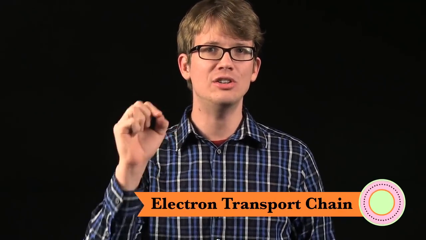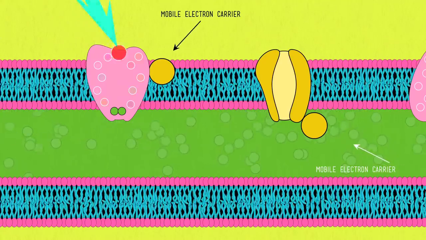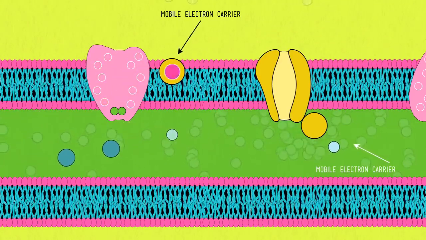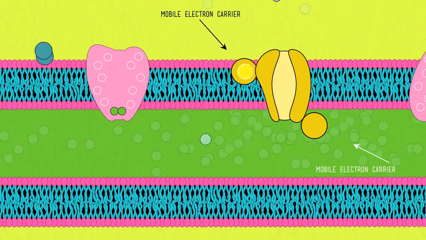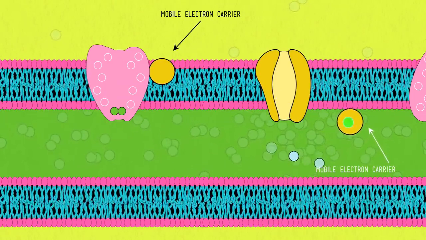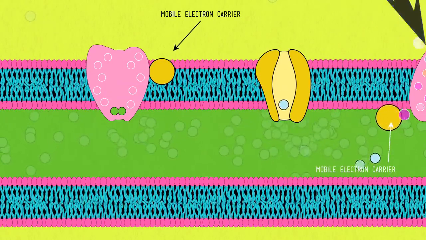This is called the electron transport chain, in which energized electrons lose their energy in a series of reactions that capture the energy necessary to keep life living. So PS2's chlorophyll now has this electron that is so excited that when a special protein designed specifically for stealing electrons shows up, the electron actually leaps off of the chlorophyll molecule onto the protein, which we call a mobile electron carrier because it's a